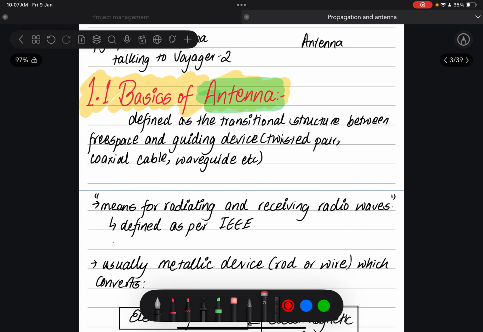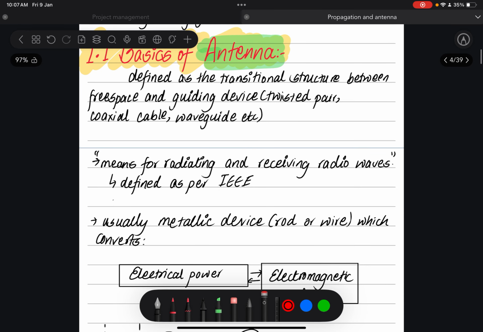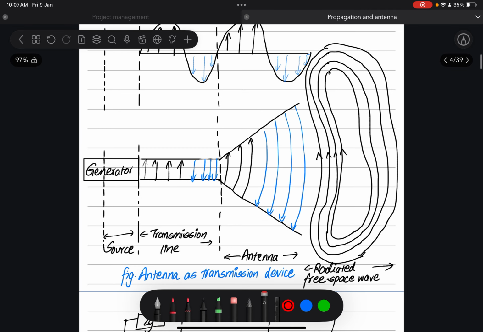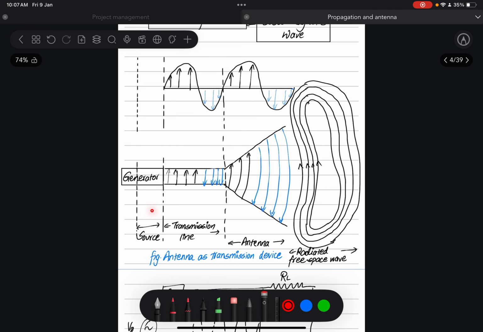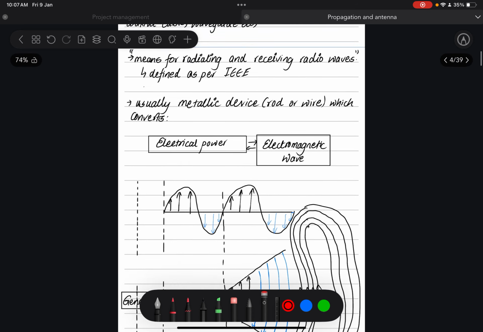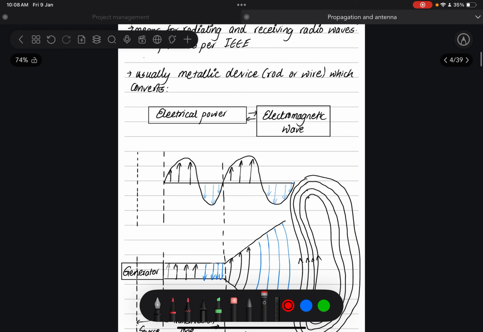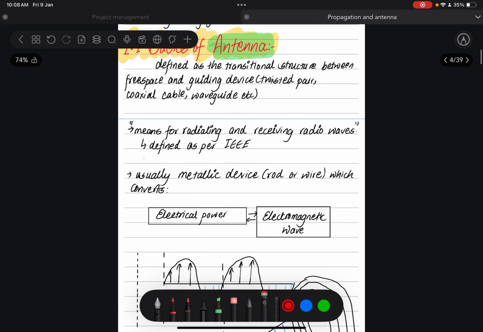So what is an antenna according to you? Let me describe it easily. As per IEEE, it is a means for radiating and receiving radio waves. Let's talk about this in a physical dimension. An antenna is converting electrical power into electromagnetic waves, or as per the IEEE definition, radiating and